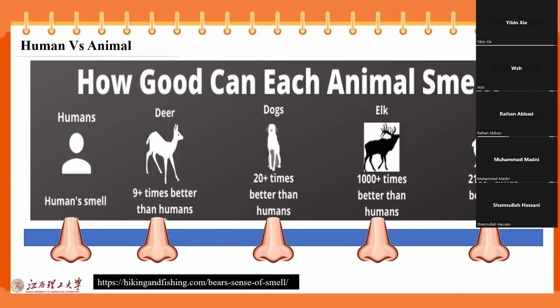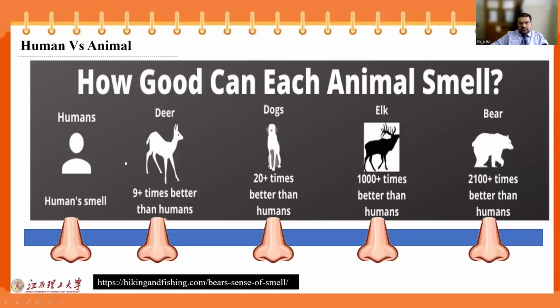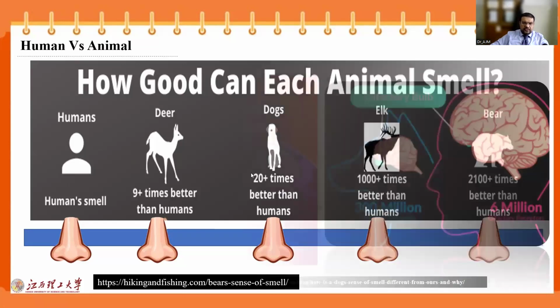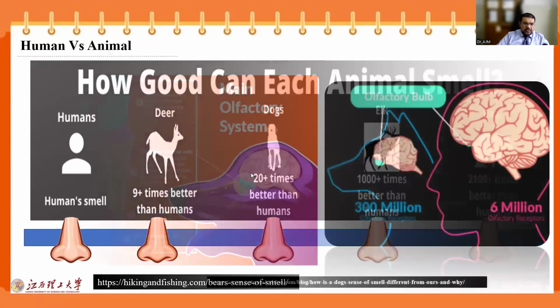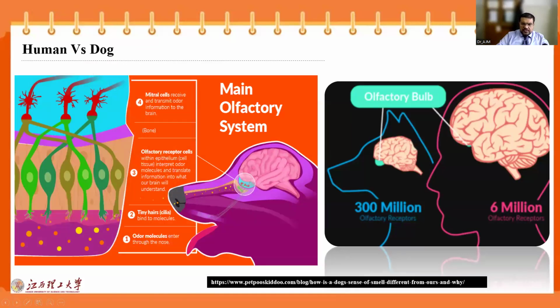It means that we know that the human smell and human olfactory system is not that strong, that it can sense all the odors and work properly compared to other creatures. Even if I compare dogs and humans, we will see that dogs have 300 million olfactory receptors, and humans just have 6 million receptors, which all of us